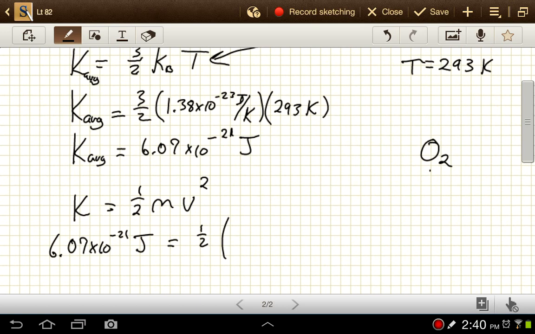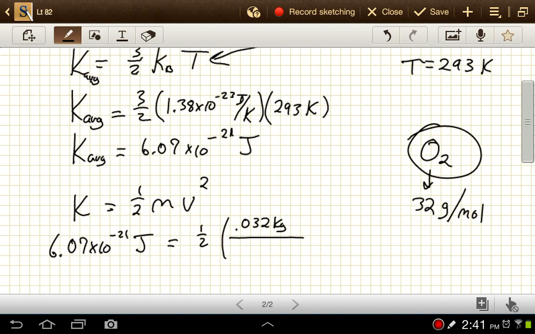This has a mass of 32 grams per mole. 32 grams is the same as 0.032 kilograms, but I don't want a mole of oxygen, I want just one molecule of oxygen. So we'll divide that by the number of oxygen molecules in a mole, which is Avogadro's number, 6.02 times 10 to the 23rd,